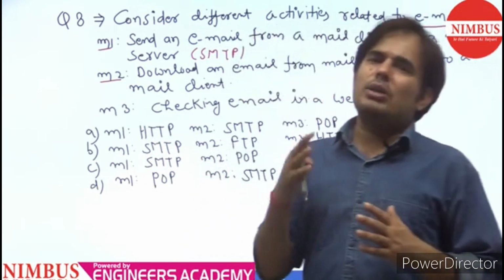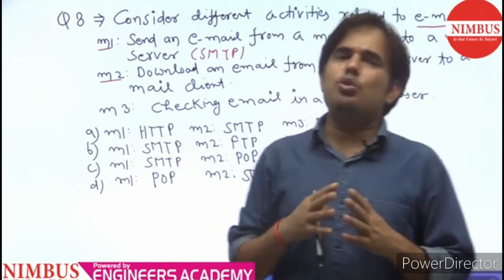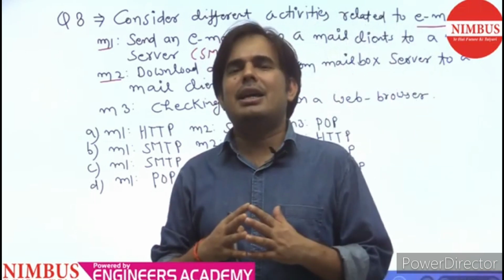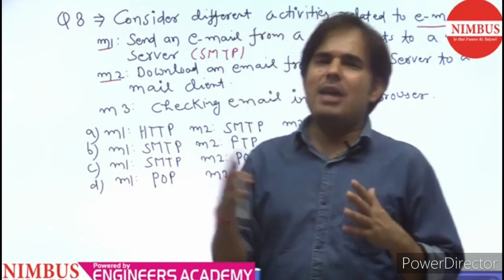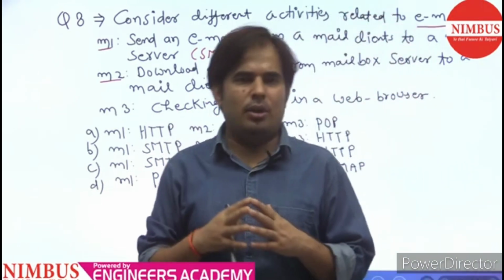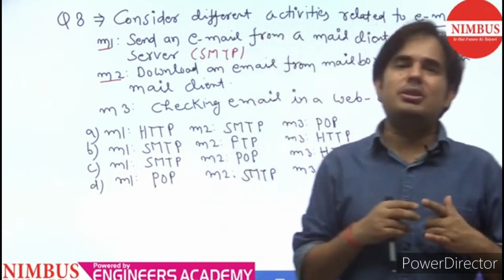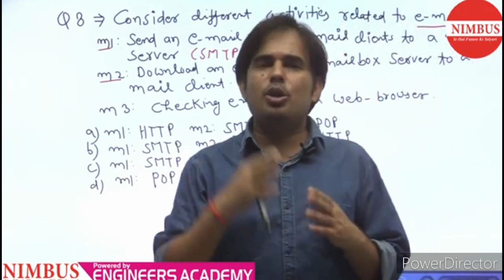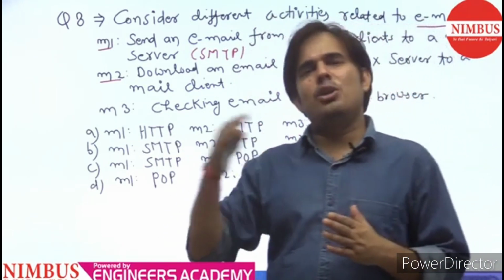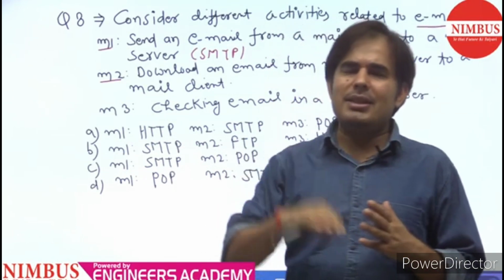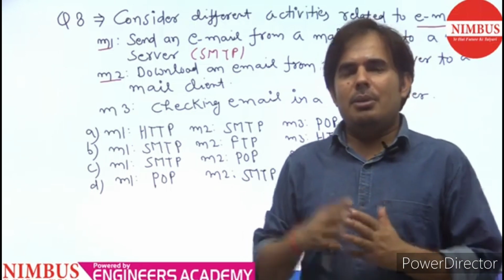As we know, to download emails from the mail server, we have two protocols. The first one is POP, and the second one is IMAP. POP is Post Office Protocol, and IMAP is Internet Message Access Protocol. What is the difference between these two protocols? Listen to me carefully, this is extra information for you all. POP allows you to see the content of the message before downloading it on your desktop. This functionality is provided by POP. But IMAP,